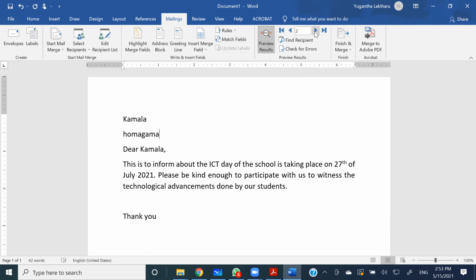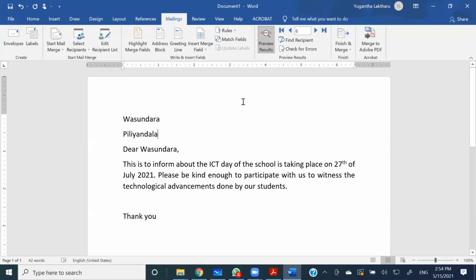See, Kamala, Homagama, Dear Kamala. Right? And what happens when I press this again? Nihal, Mattegoda, Dear Nihal. Right? So likewise, whoever the people we saved into our database, the recipient list, will change one after the other,